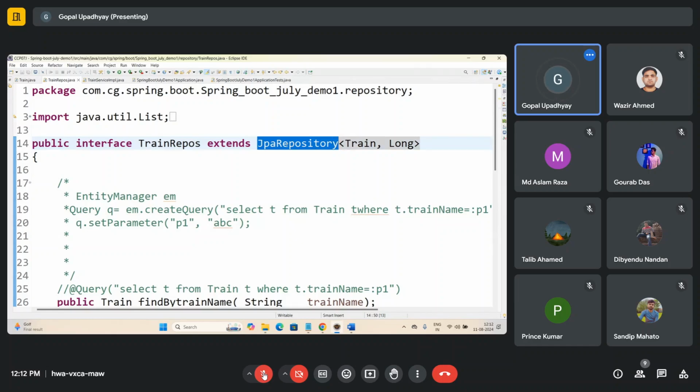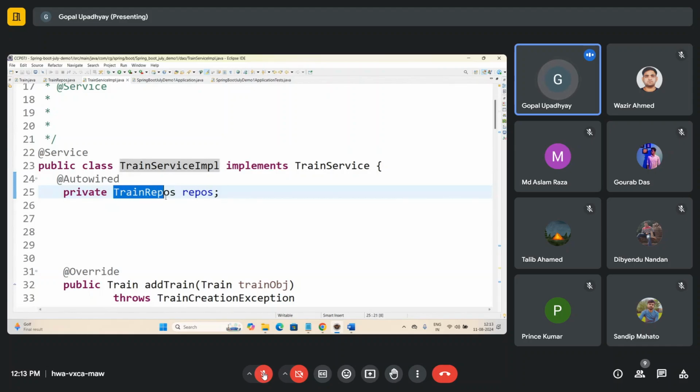Someone else made this for us, and that is already well tested. But since this particular object dependency is used in our service implementation class,